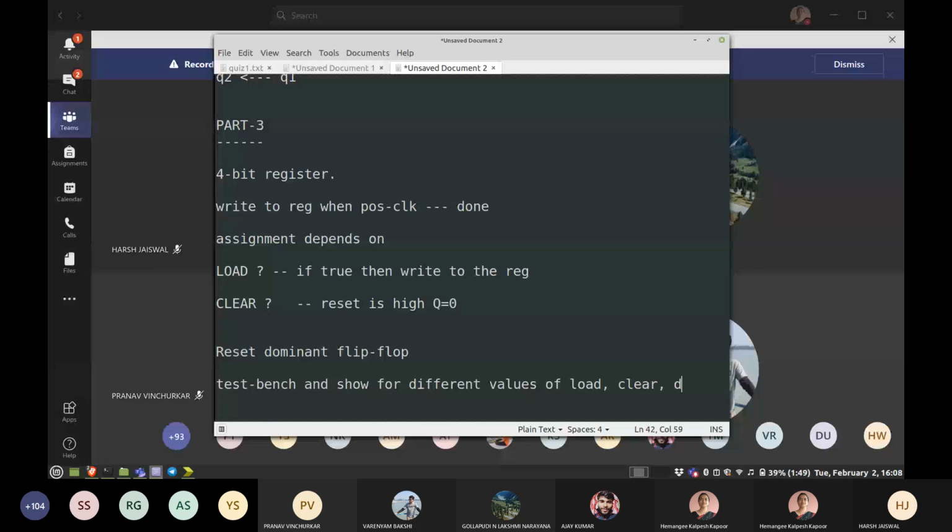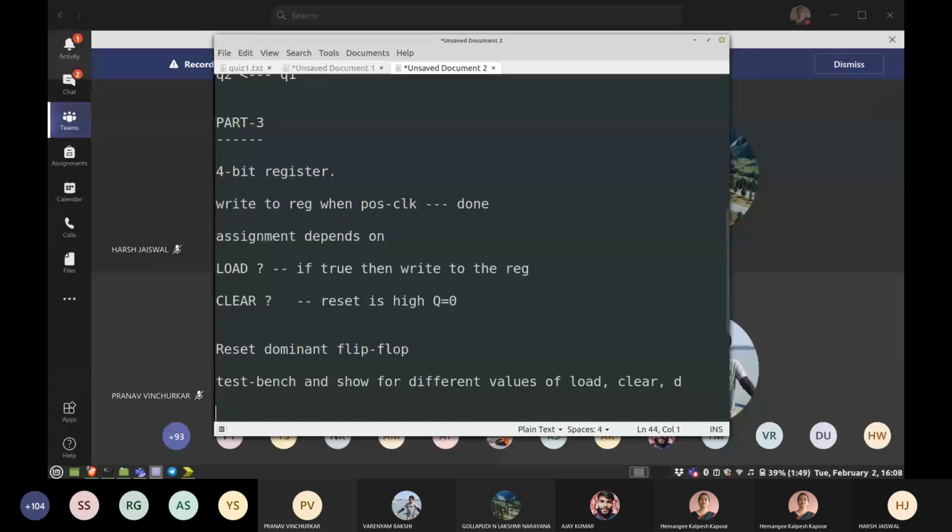Write the test bench and show for different values of load, clear, and the D input. And the clock waveform was shown in the class, and that's all. Okay, so this is for today. After you finish the first two, which are similar, then you show it to the TA. You don't have to show one by one, part 1 and 2 together, and then part 3 later.